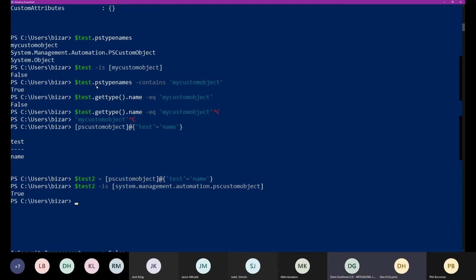Right. So it kind of only exists within the current session. Yep. Okay. That makes sense. Ultimately, if that object's getting marshaled, it's still a PSCustomObject. That's what PowerShell sees it as. Anytime you extend it, that's all it is. Now you can add a type name to it. The type name can be whatever you want. The type name is not going to get used unless you're going to use it for like a view or something like that. Okay, cool. But at the end of the day, PowerShell just sees it as a custom object. Got it. Okay. Makes sense.